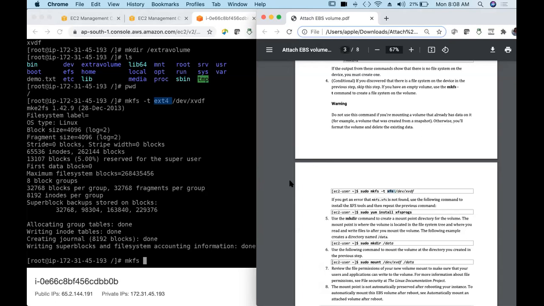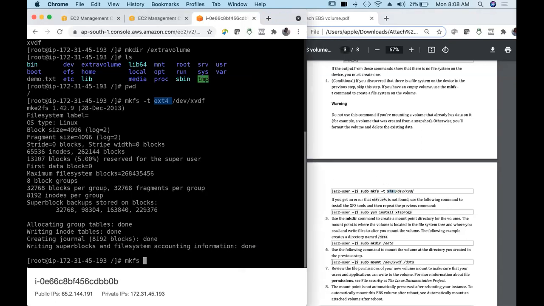No problem. If you're getting an error, go with this: make file system of type ext4. You can use any one of these, either ext4 or XFS. But don't run both. Any one of these.